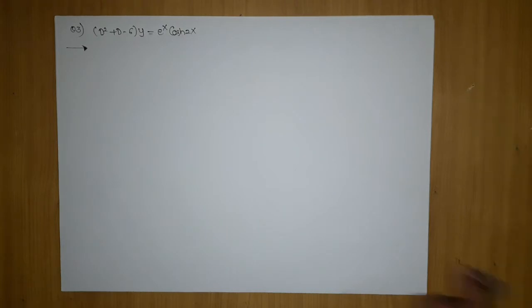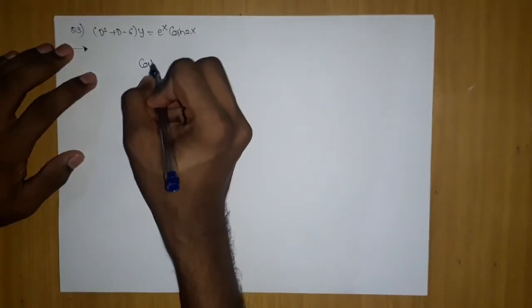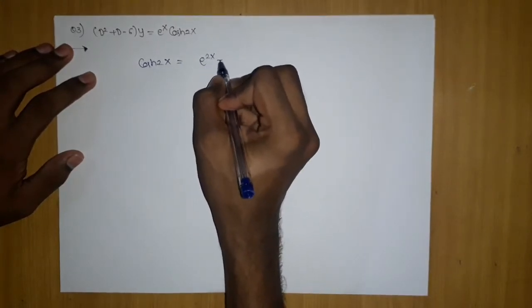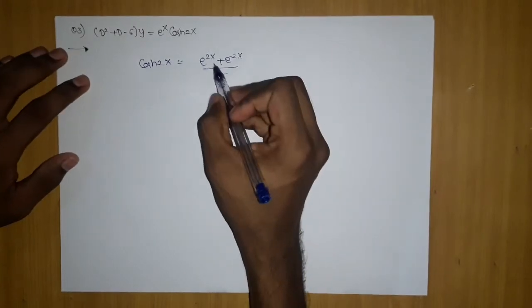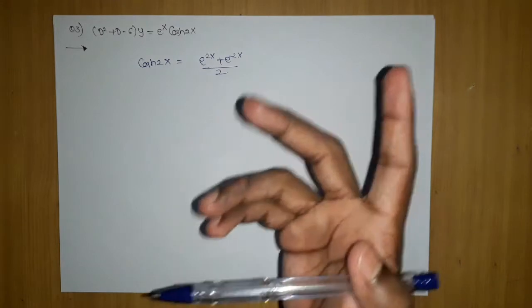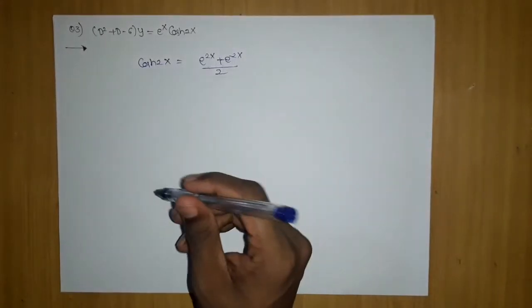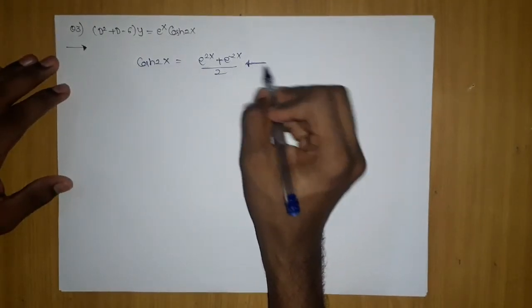functions. So you should know one small fact, that cosh 2x can be written as (e^2x + e^−2x)/2. If you don't know this, then you will try to predict that it is not type 2 and get stuck. So you should know this thing, that here cosh 2x is written, which is hyperbolic. So this was information you need to know. You don't have to write it in the exam.